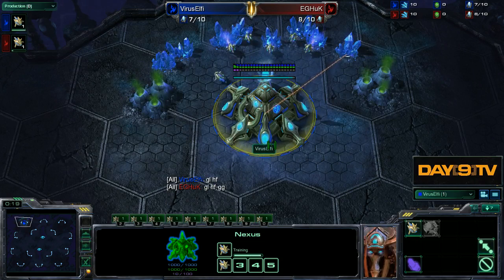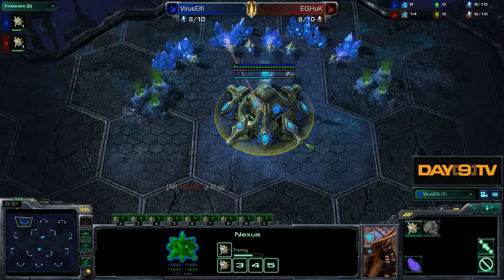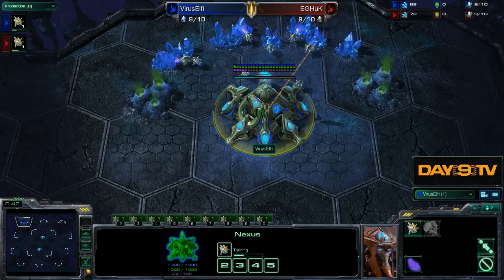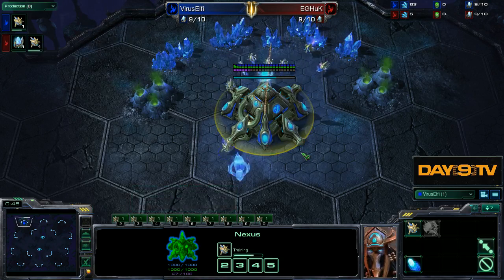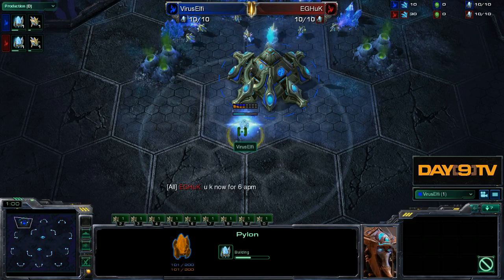So now what we're going to see is a third completely different way that you can follow it up. We've seen 3-Gate Robo followed up with the Colossus Warp Prism play in the first game we watched. We saw the Mass Immortal expand in the second game we watched, and now in this third one,